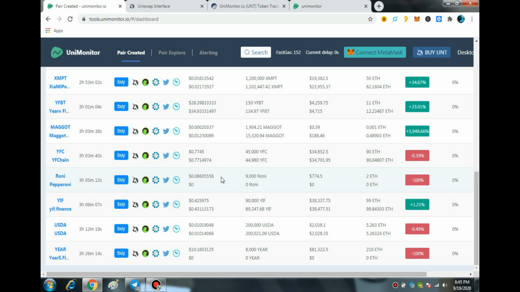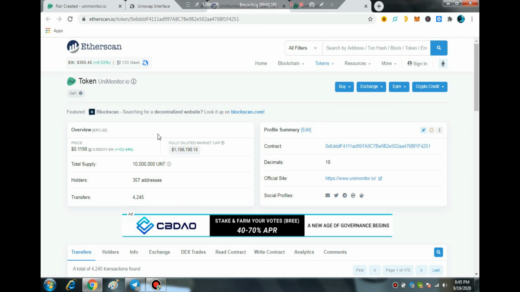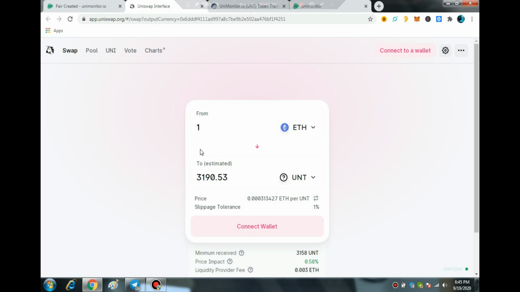But before that you have to look around on the Unimonitor platform, and here you can see the contract address of the UNT token. And as I said before, right now this token is available on the Uniswap exchange, so you can easily purchase this token and save your other funds which you would otherwise spend buying directly from Uniswap. Even I am going to tell you my own story.